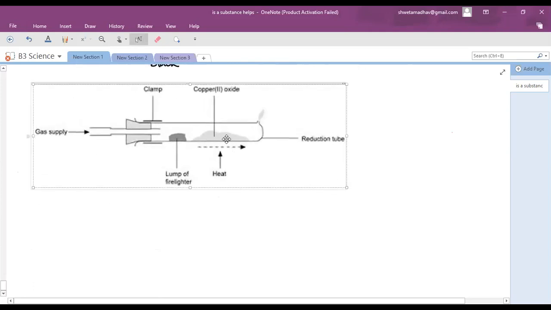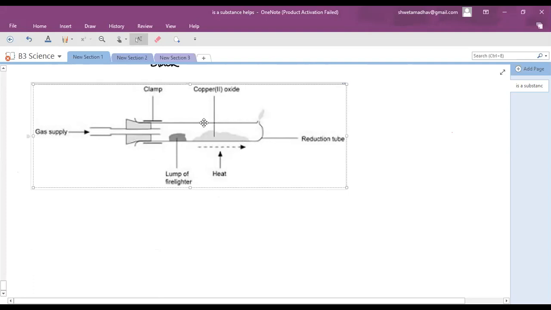So in this container, we have to take copper first, that we have to keep heating. Copper turnings are possible, copper filings, very small copper, wire-like structures. Those have to be taken in this test tube and heated. So we will see that brown color. You are able to see the diagram, right?